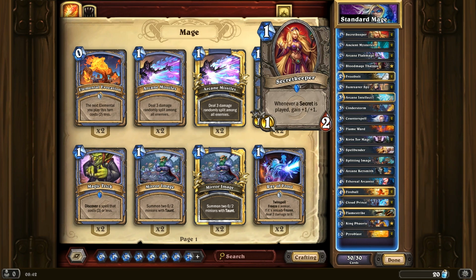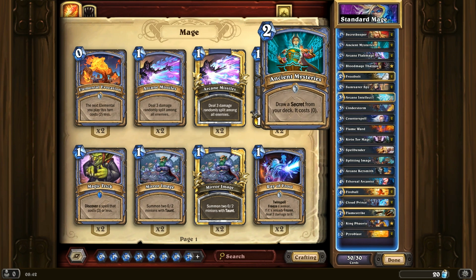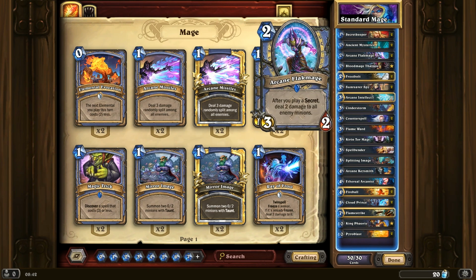Anyway, back to this deck. It's now called Secret Keeper. Age of Mystery is a very useful card. Probably the most important card is the Flak Mage. The Flak Mage can just completely destroy the board. I noticed as well, like in some aggro, that having a powerful area of effect that will clear the board